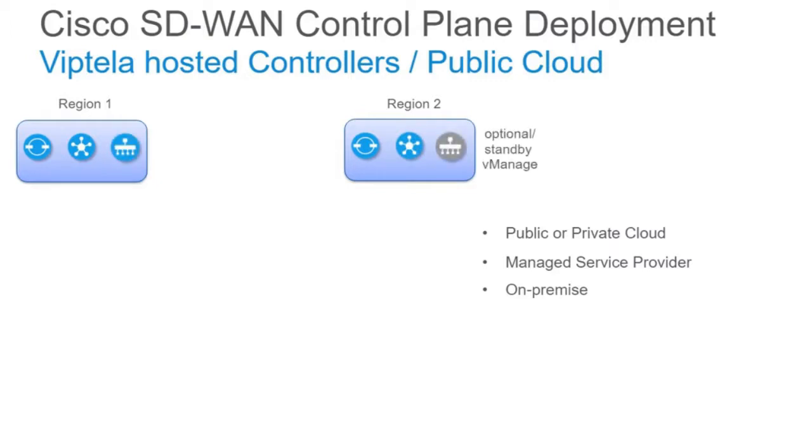One set of controllers is deployed in one region, and the other set is deployed in the other region. vBond and vSmart are deployed in active-active mode across the regions. vManage is deployed as active in one region and is deployed in a cold standby mode in the other region. The backup vManage is manually brought up in DR situations where the primary active vManage is down and cannot be